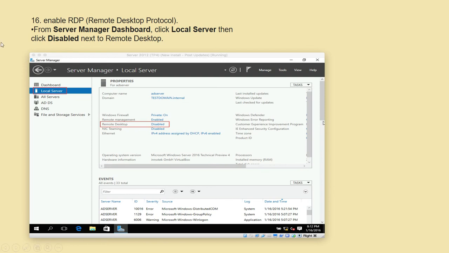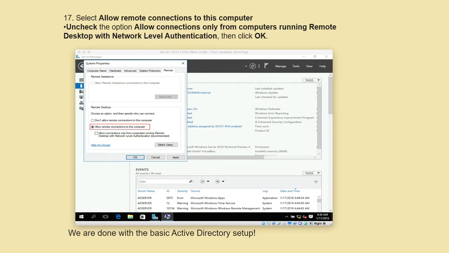Then enable RDP, Remote Desktop Protocol. From the Server Manager dashboard, click Local Server, then click Disabled next to Remote Desktop. Now select Allow remote connections to this computer.